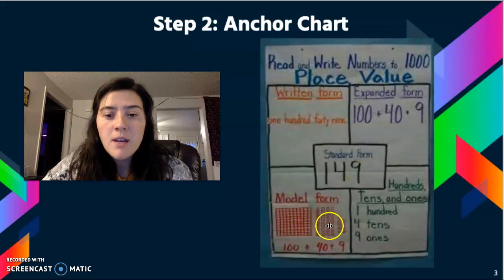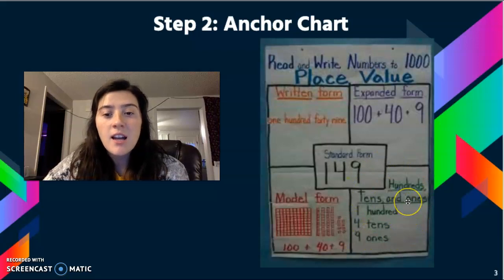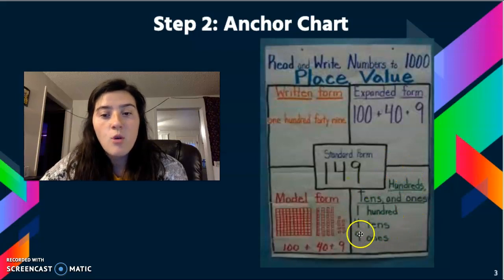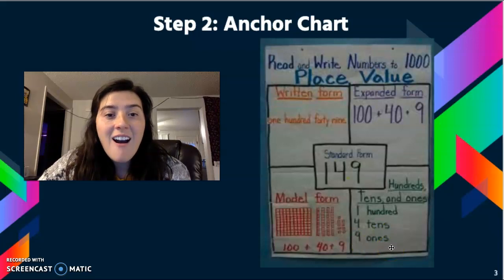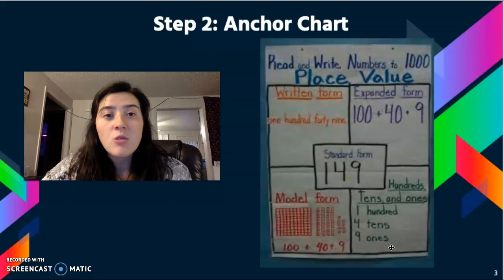So model form is just like this with the tiles and the blocks. So model form is the hundreds block that looks like this, plus the 4 10 sticks, plus the 9 ones. Okay? And then this is just the hundreds chart. So there's 100, there's 4 tens, and 9 ones. You are going to do this on step 3. I have provided an example of what it should look like, and then you are going to try it on